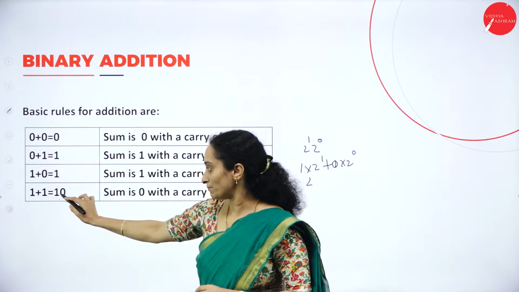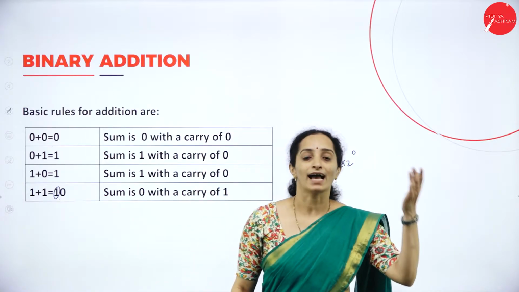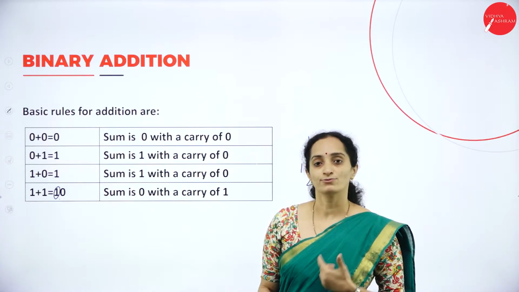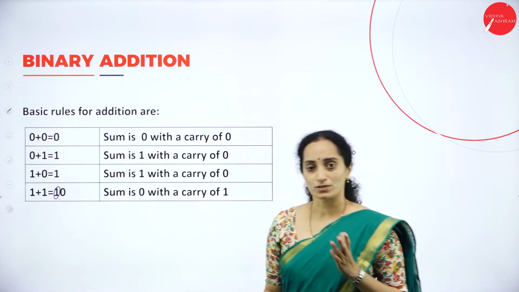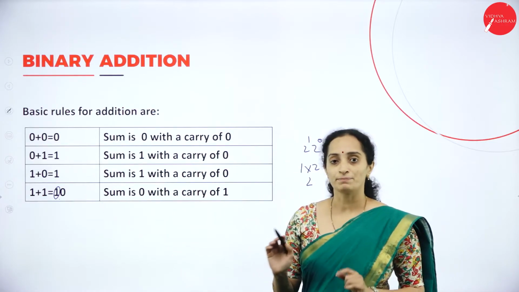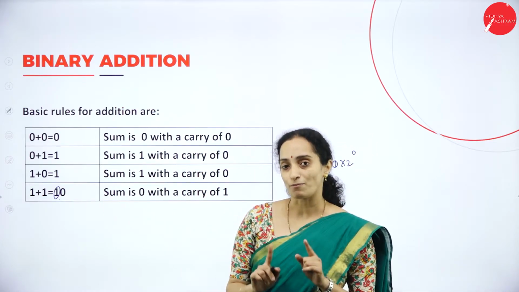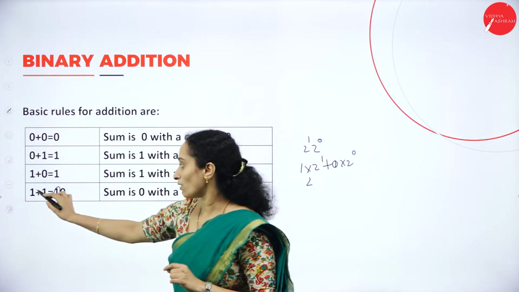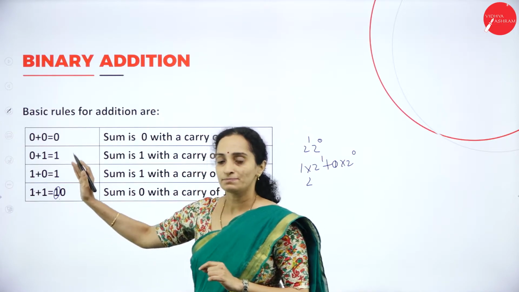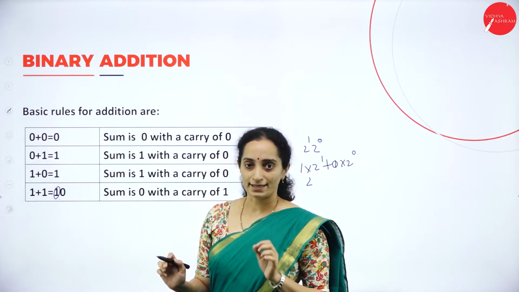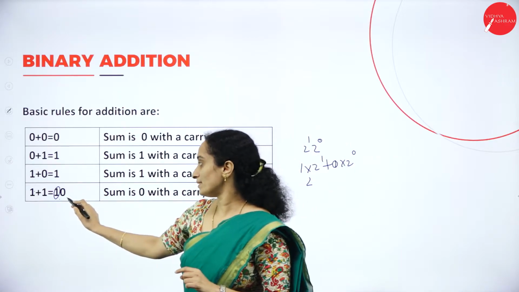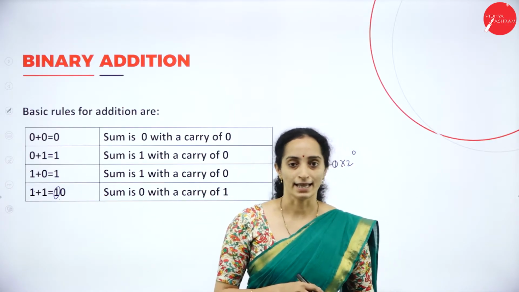Is it not? So, sum is 0. Here 1 plus 1, sum is 0 and 1 acts as a carry to the next number. Okay. Next number will have a carry of 1. You know about the carry and the borrow, is it not? So, 0 will be the sum and 1 will be the carry when both the operands are 1. Okay. You know about operands. These are operands. This is operator. Plus is the operator. The numbers neighboring the operator are called the operands. When both the operands are 1, the sum will be 0 and 1 will be considered as a carry.